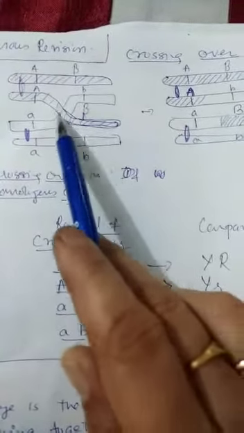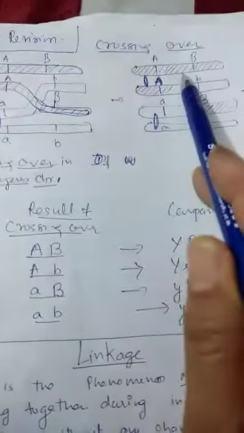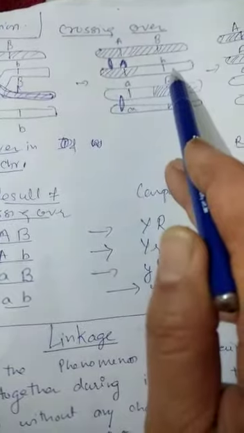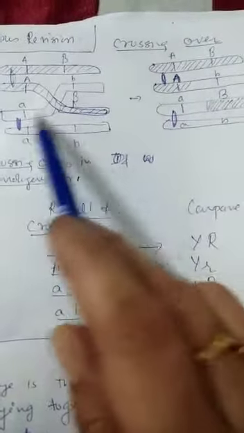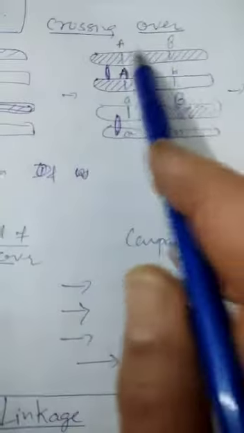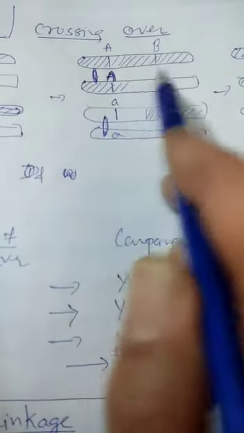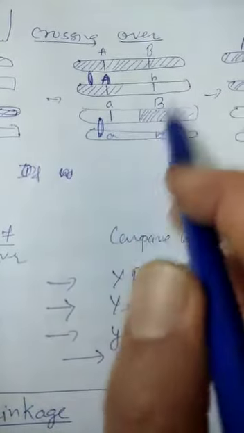Once the crossing over takes place, after terminalization of chiasmata, this result will appear. This is non-crossover, it is coming here and this will join with this. So like this recombination will form. And this is non-crossover here, and this recombination will form when these two segments of chromosome join together. So here you can see that this is non-crossover, but here one gene of one chromosome has crossed with the other, and that means interchange of the segments has taken place here also and here also. So the result will be like this.